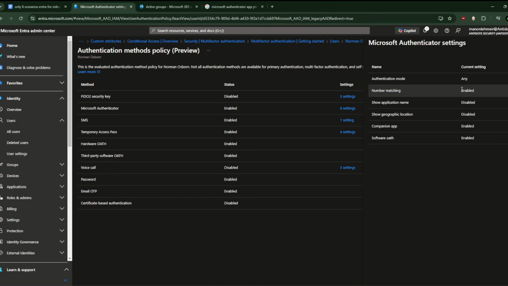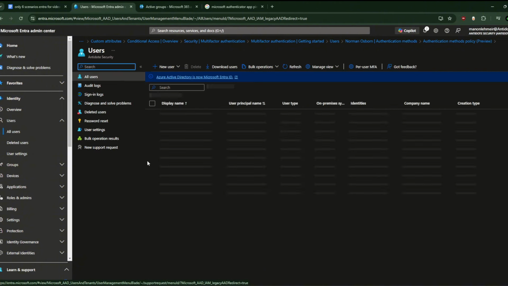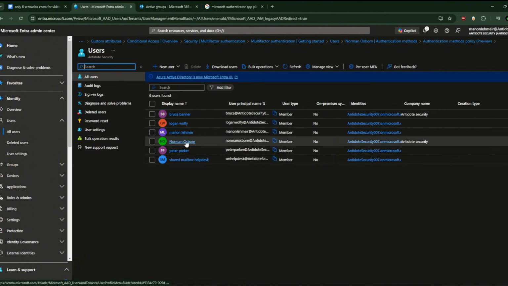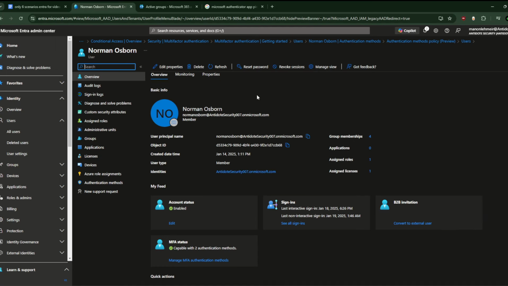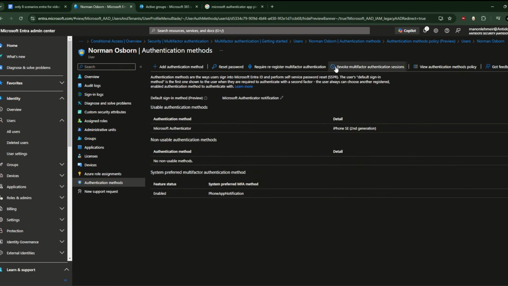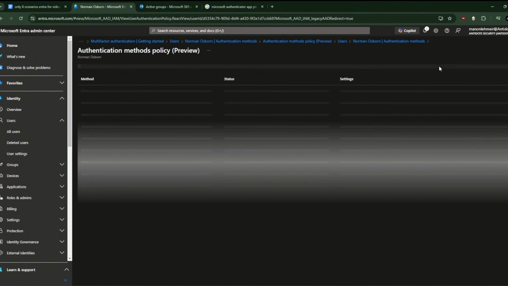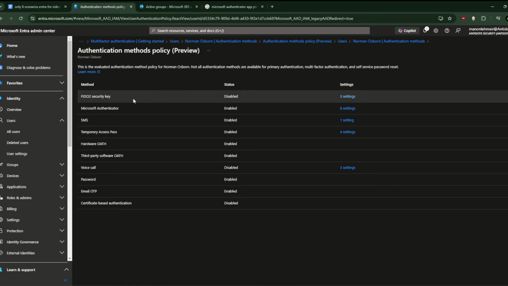If you see here, it's marked enabled. Where you should go is directly to all users. For example, you go here on Norman, click on manage MFA, and here you click on view authentication method policy. It will be here, in Microsoft Authentication,